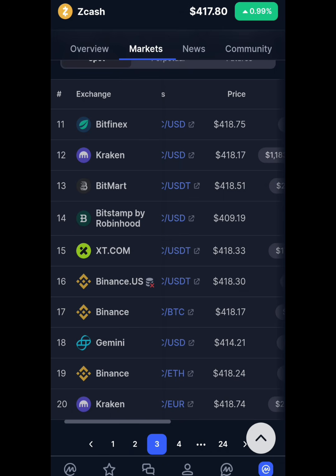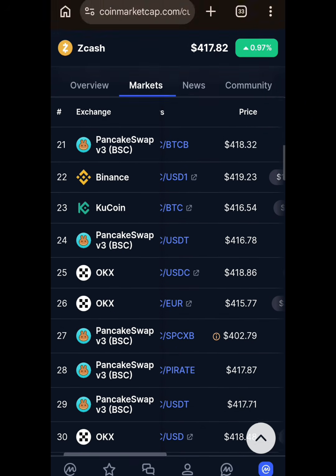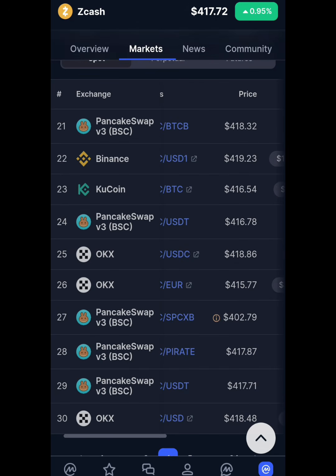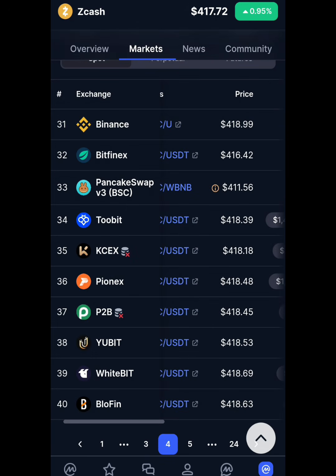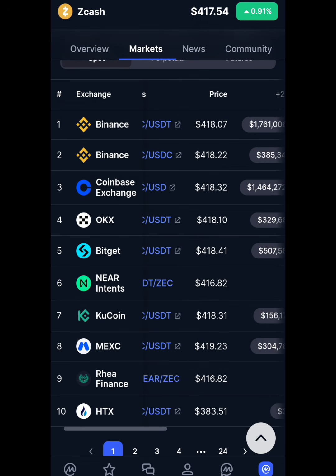I don't know if I've seen Hubi. I've not seen Hubi, right? The price here. Well, whatever. Let me just check the last one, number four. If I don't see Hubi, I'll just go back and check the other one because we are looking at the one from there. So basically, the price here, the cheapest price is